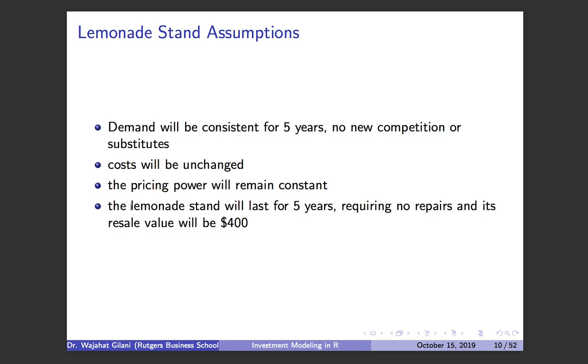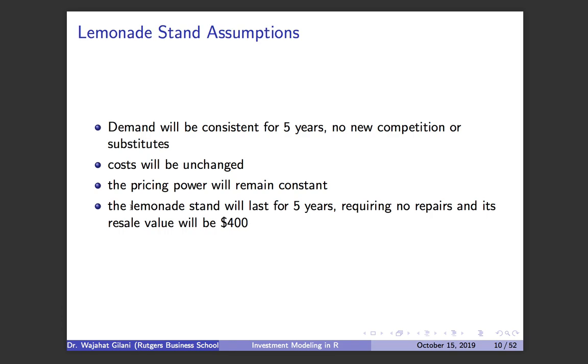Here are some other assumptions. Demand will be consistent for 5 years. There'll be no new competition, no substitutes, meaning he's still going to sell $120 worth of lemonade. The cost will be unchanged, meaning it's still going to cost Cyclops $100 each month to make the lemonade. The pricing power will remain constant. So again, that goes back to the fact that he'll be able to sell at that same price and generate